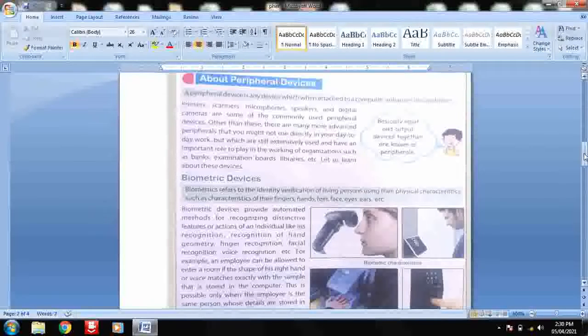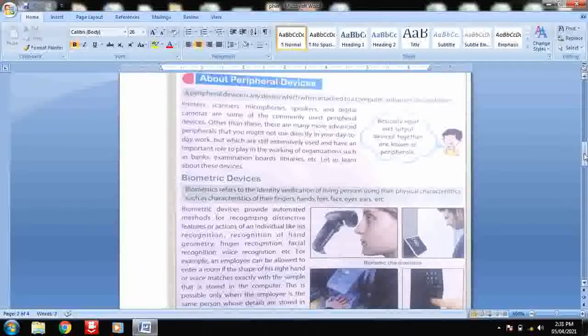These are used to get automatic attendance in workplaces, banks and schools. We are using this so that we can recognize the person. It can be the geometry of the hand, finger recognition, facial recognition or voice recognition. There are different ways a person is recognized and verified, so automatically the attendance is generated. There is no need for an individual to ask whether the child or employee is present or not. The machine will tell you at what time the person is present, and that is also automatically inserted in the machine.